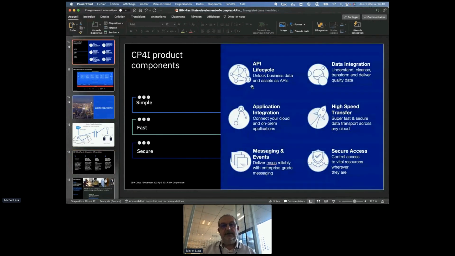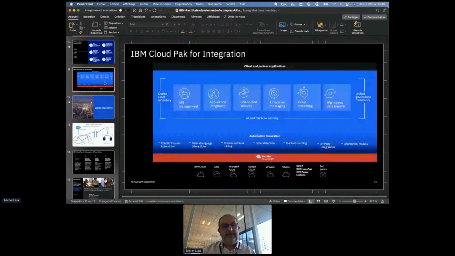You can acquire each capability individually. Some customers say, I want only API or I want only messaging. Okay, it's possible. It's also possible to install the capability in the traditional way on VMware, for example, on your system of information. And also, you can have all this capability in a